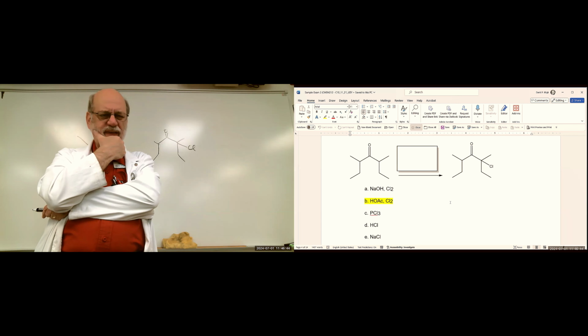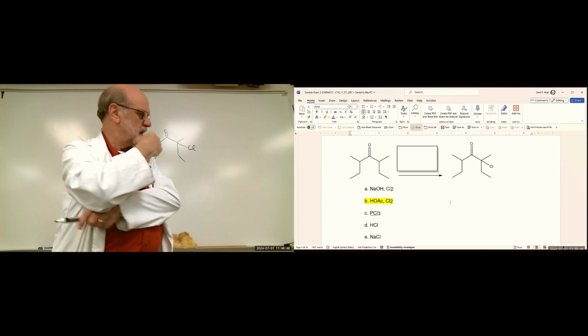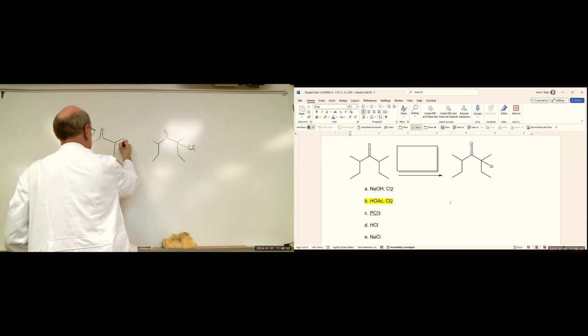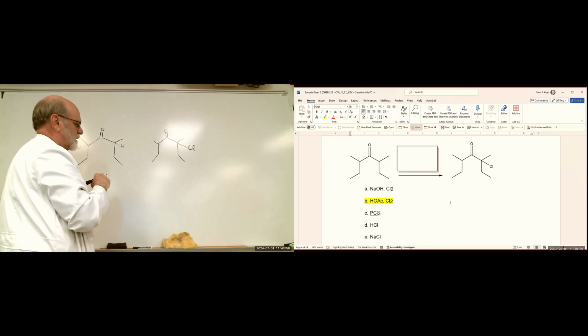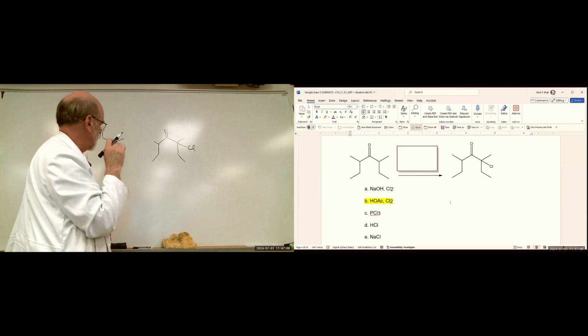So I bet this is going to take place in 2 steps. Are there any hydrogens here? Yeah, there's a hydrogen there. There's a hydrogen there. So if we come in there with